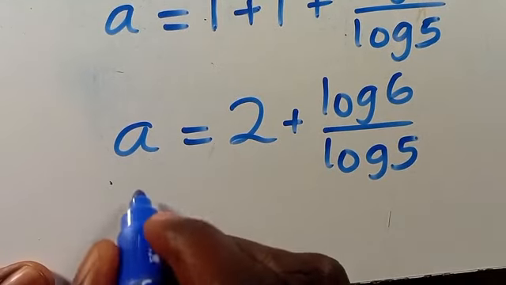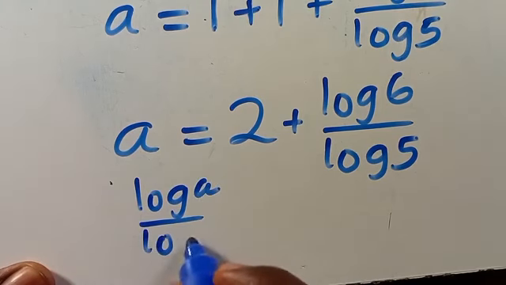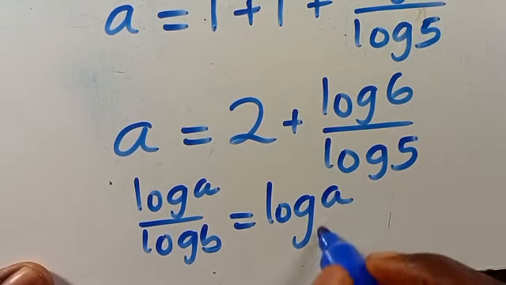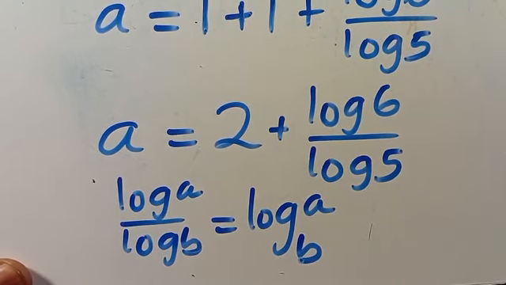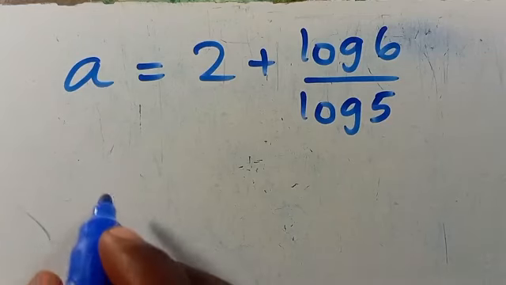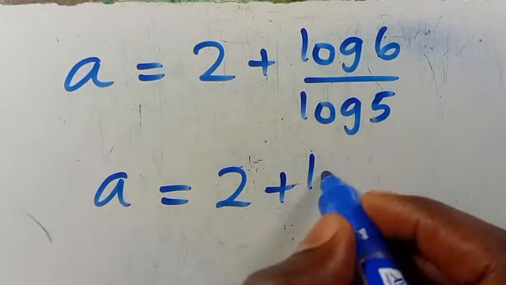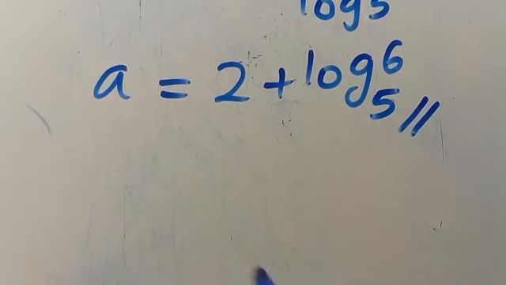So recall that when we have log A divided by log B, it equals log of A in base B. And so therefore from here, we have A equals 2 plus log 6 in base 5 in a simpler form. Now to check,